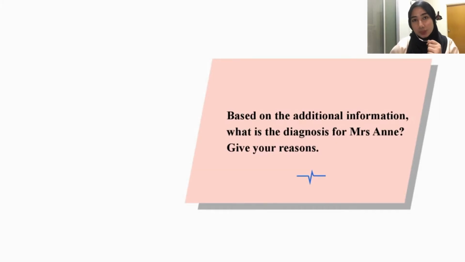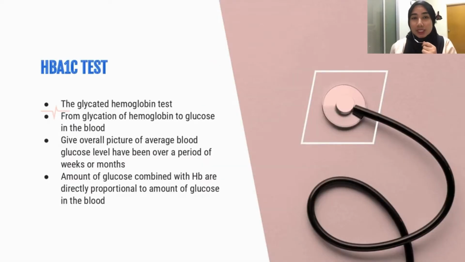test carried out in this case. The first one is HbA1c test, or the glycated hemoglobin test. This glycated hemoglobin is formed from the glycation of hemoglobin with glucose in the blood. So this test gives an overall picture of the average blood glucose level over a period of weeks or months. So the amount of glucose that combined with the hemoglobin is directly proportional to the amount of glucose in